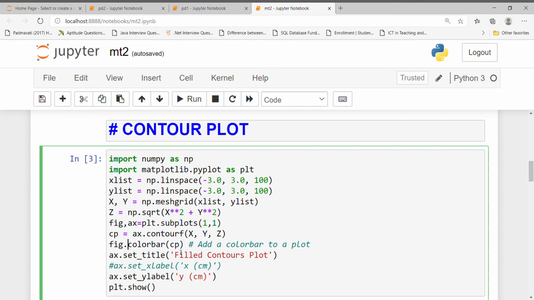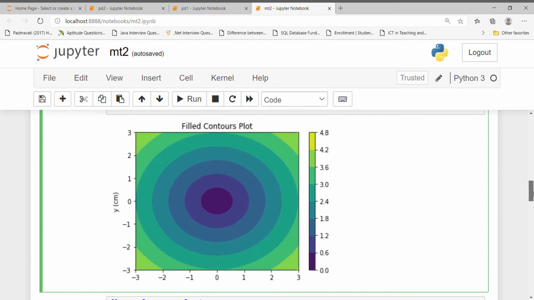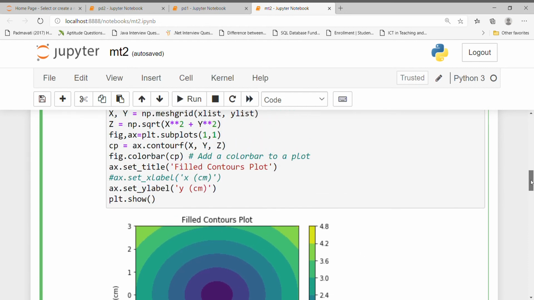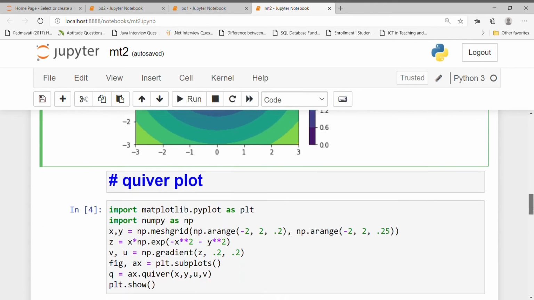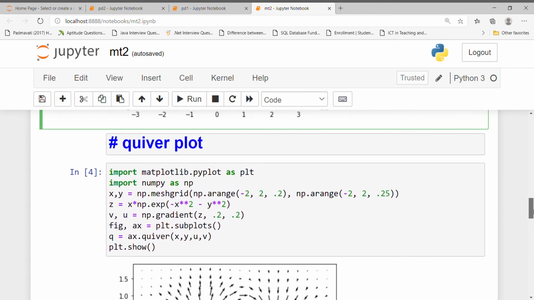Then ax.set_title, filled contour plot, is used to set the title. X label, y label I have shown here, and plt.show is used to show. In this way our contour plot is shown. So by using this contour and by providing these values, we can plot our contour plot.